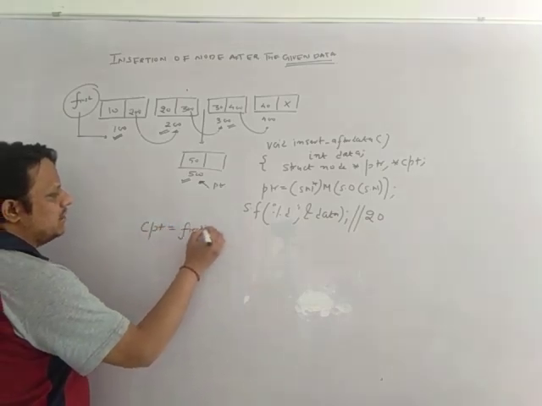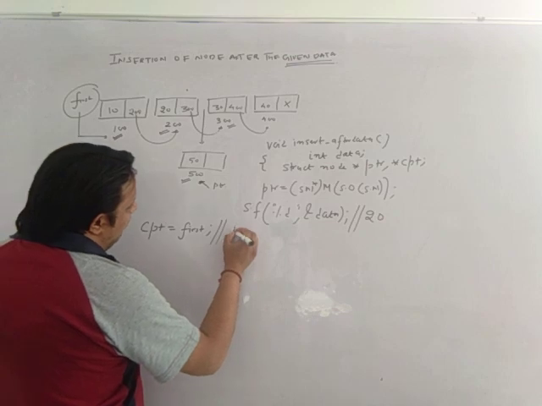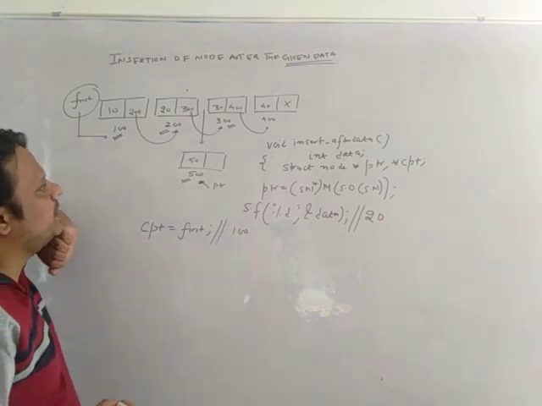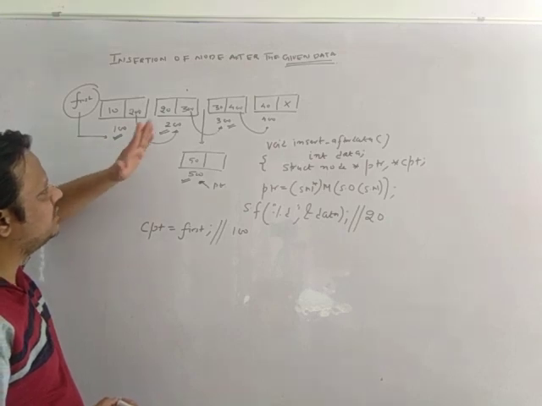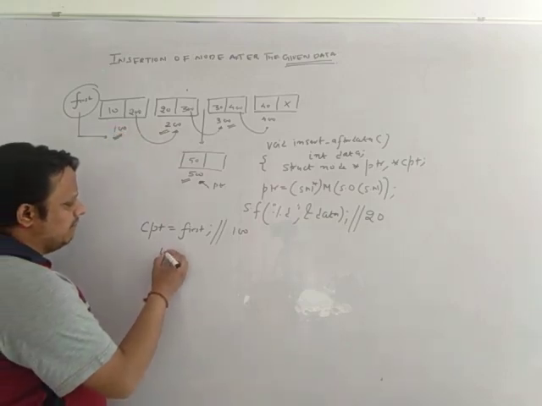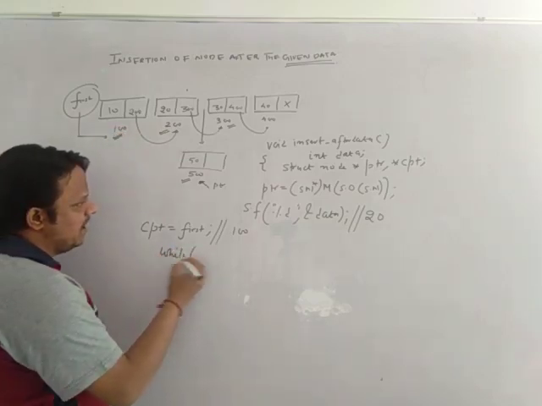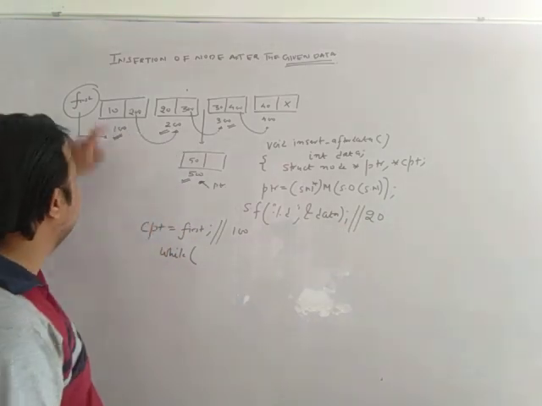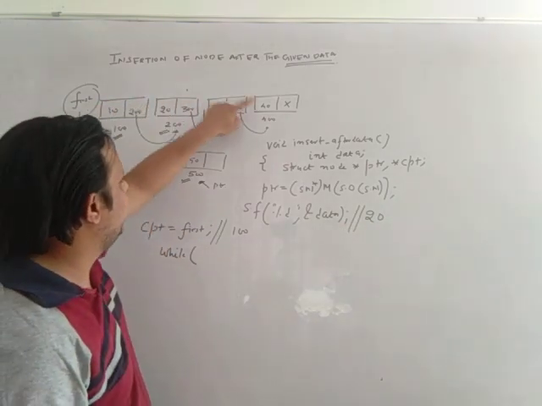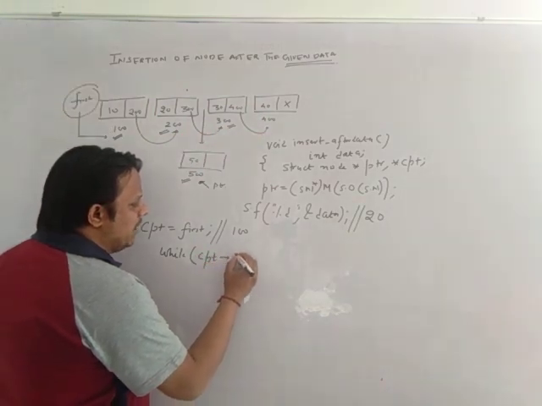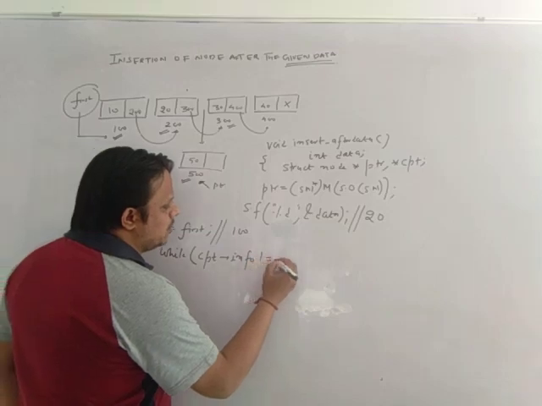So the value of now CPT is what? 100. Right. Now I will write a condition. I will write a loop here so that my pointer points to 200, because above this address you have value, you have data which is 20. So what you will write? You will write while, and this is data integer. You cannot compare an address to integer. You have to compare this info part with the data. So this is what? While CPT arrow info is not equals to data,